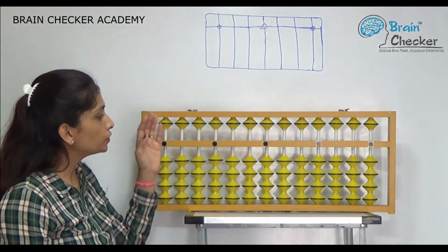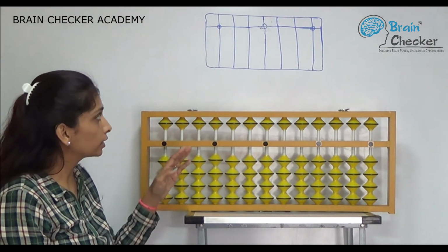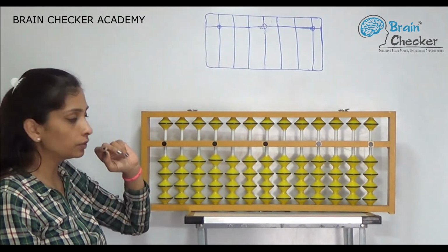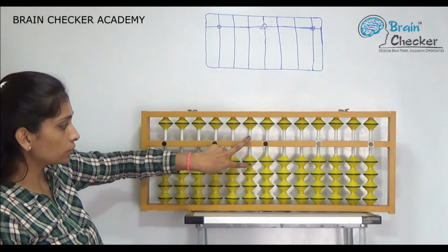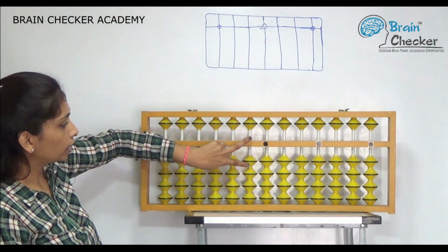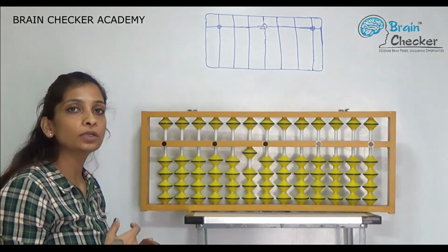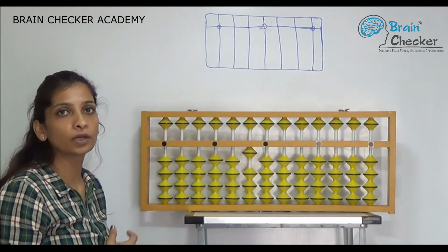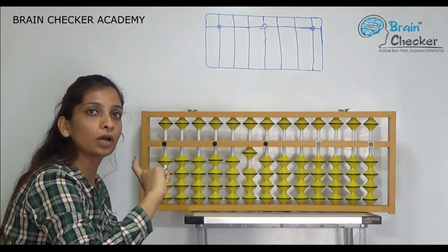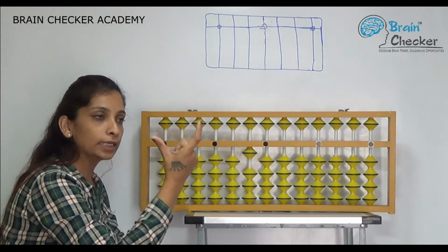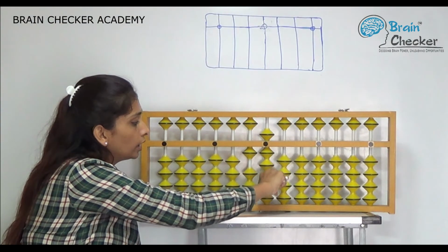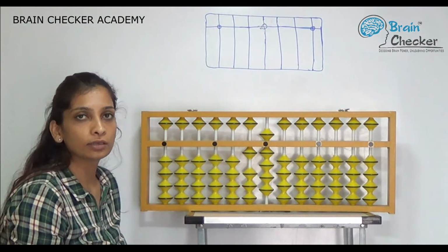Now what if I have to show number 19 on the abacus or on the paper which I have already drawn on the whiteboard? How will we do it? First we will see it on the abacus. With the help of the index finger on the left hand, I will take 10 up. Now because I have to show 19, I have already shown 10 here. Now I have to show 9, so I will show it on the unit rod. I will use my right hand to show that 9. So 5 from the upper side, 6, 7, 8, 9. So the total is 19.